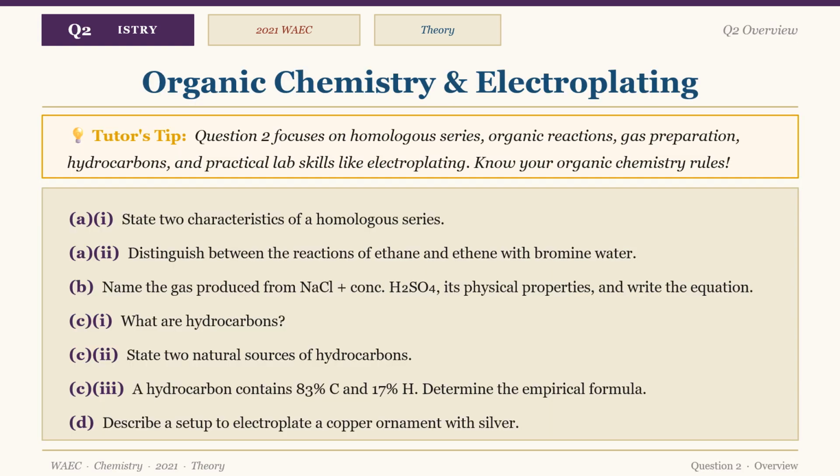So now we'll be dealing with question 2, which is organic chemistry and electroplating. So question 2 focuses on homologous series, organic reactions, gas preparation, hydrocarbons, and practical lab skills like electroplating. So you have to know your organic chemistry rules here. So now in question 2, AI,